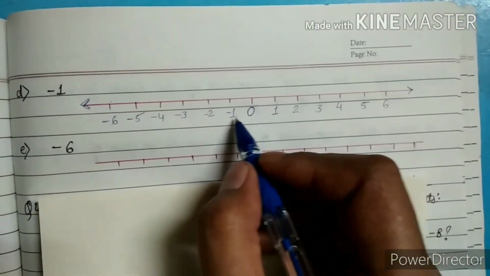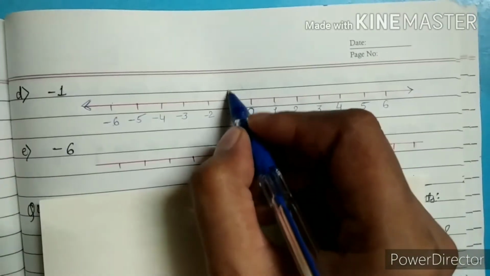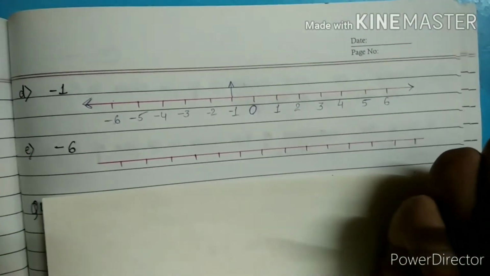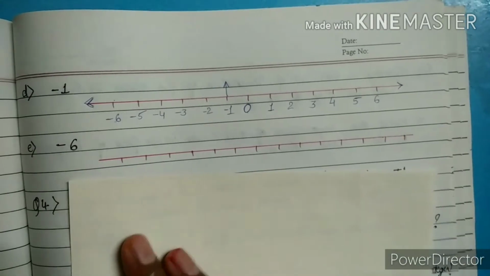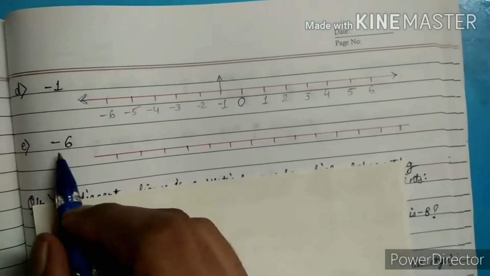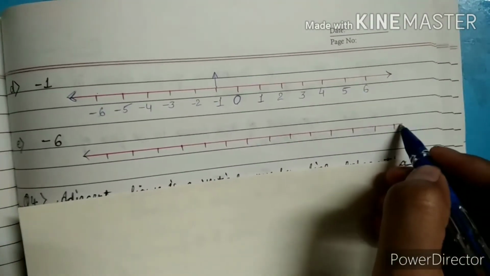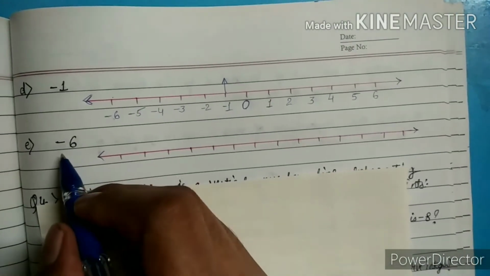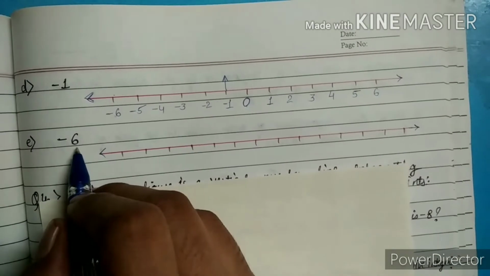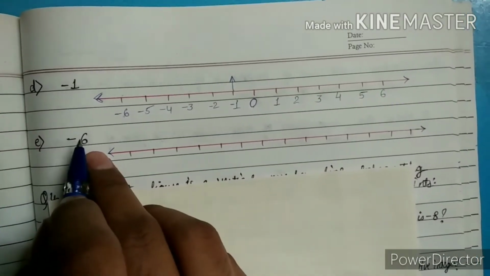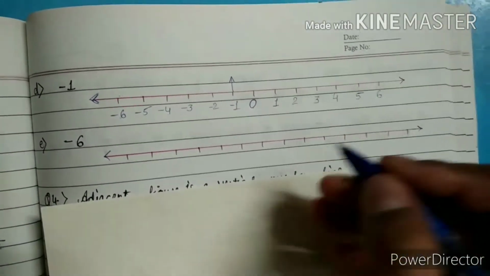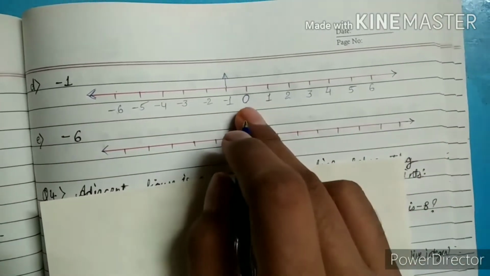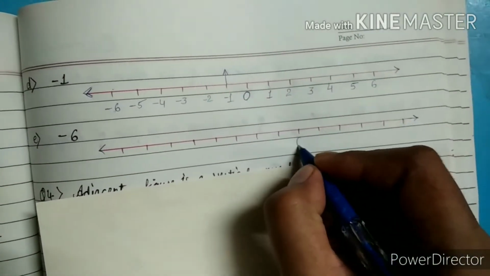Yes. Just before 0 we have negative 1. The arrow is showing negative 1. Now negative 6. Okay. Here also, as you can see, the gap between every section is equal. We want more numbers in the negative section because the negative number is asked. That's why I am shifting 0 a little bit to the right hand side. If I am putting 0 here,